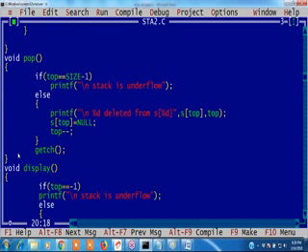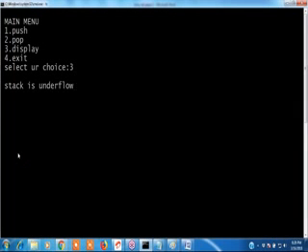Pop is what? Yeah, sorry. Here top is what? Minus 1. Top is what? Minus 1. Elements is there or not? Yeah, first see, there is no elements. Stack is underflow. Stack is underflow. Plus 2. Stack is underflow. There is no elements. There is no elements, right?